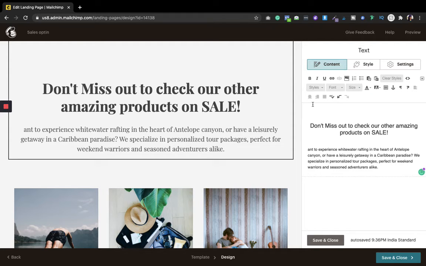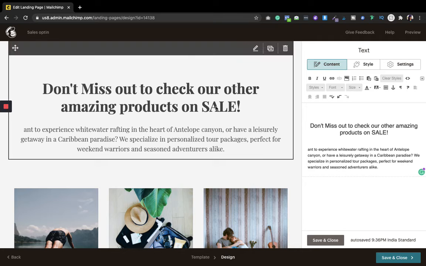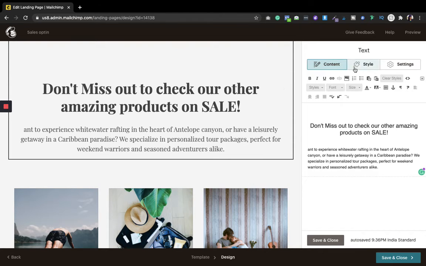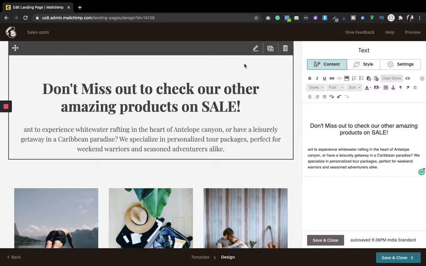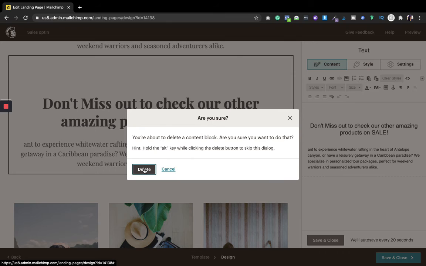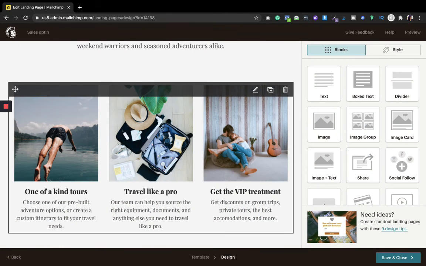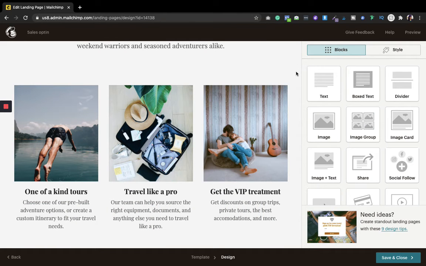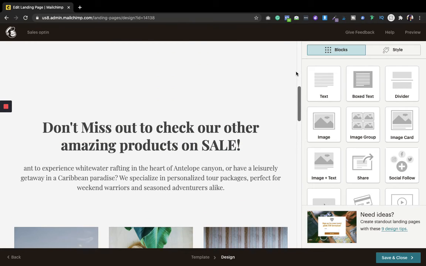I'm not going to launch it anywhere. So this is how you have to do that. For example, if you want to change the background, similarly you have to click on this section over here. You can see edit. If you want to duplicate it, you just have to click on this button and you will see that it got duplicated over here. We don't want that, so we will just delete it. But if you want to duplicate it over and again and put some content over there, you can do that.